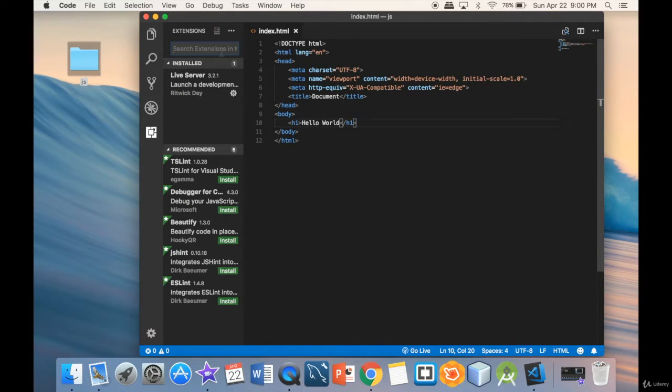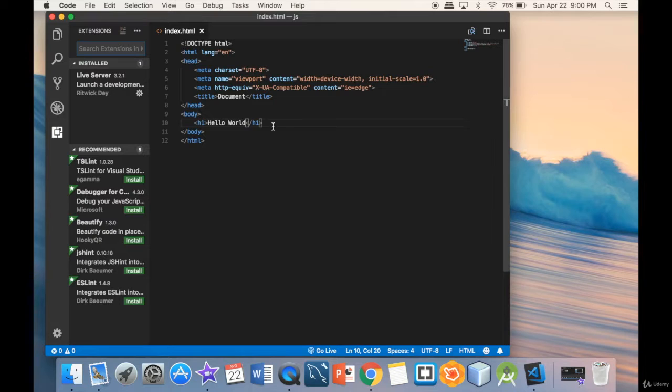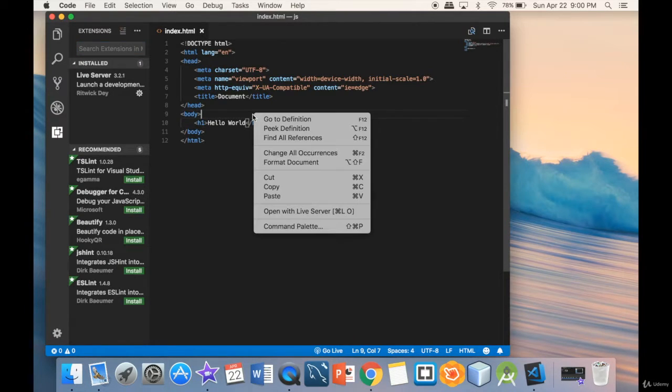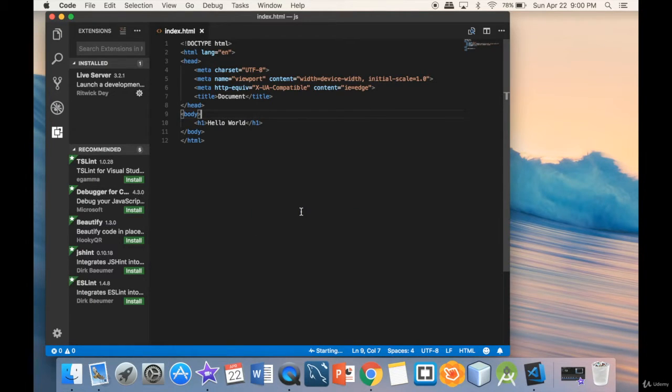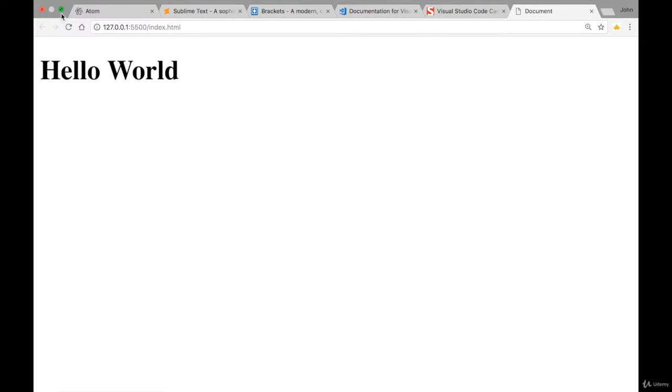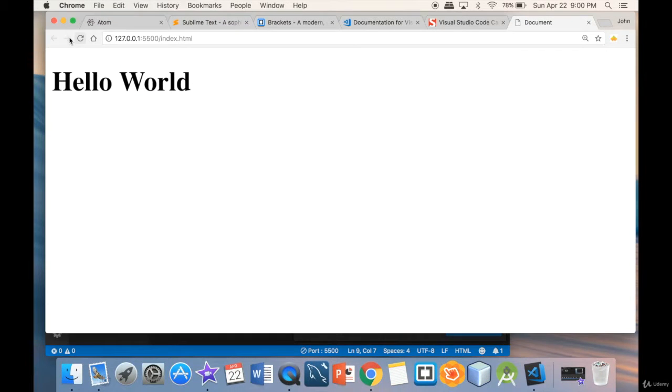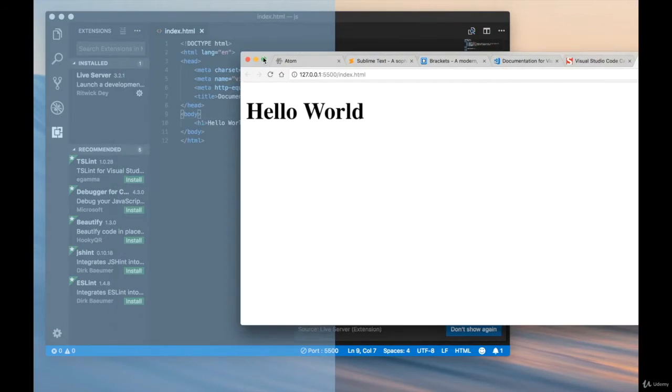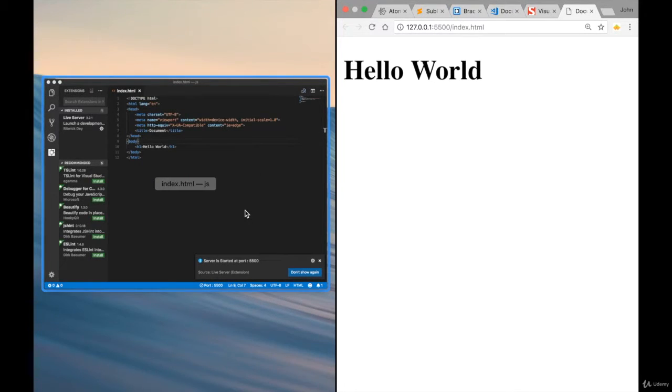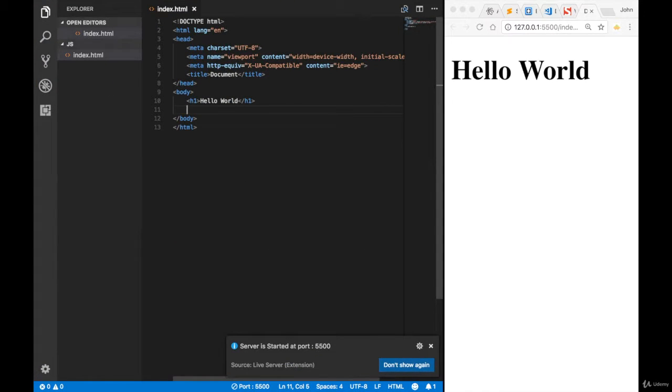The only thing we need to do is, in our document, now that my HTML is set up, I'm just going to right click here, and it says open with Live Server. What's going to happen is the server is going to open the page, and we can place this page side by side with our text editor. And just to test it out, let's write heading 2,